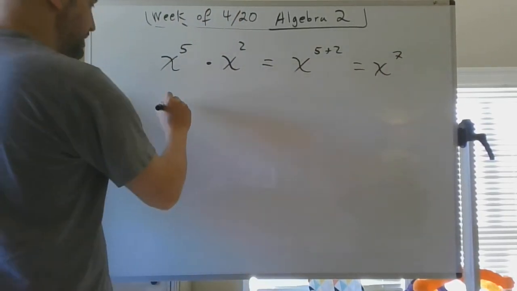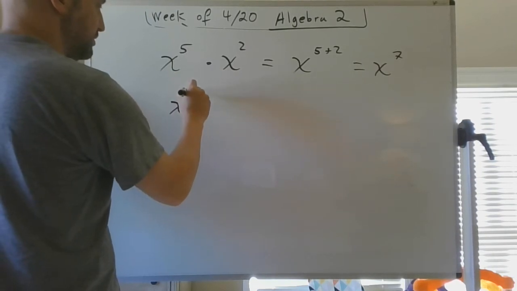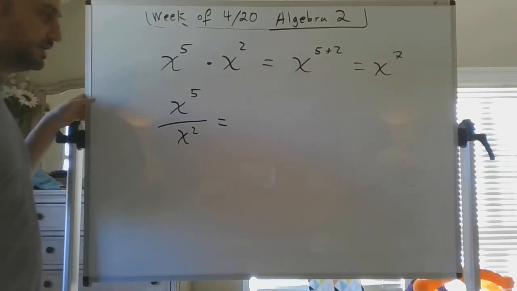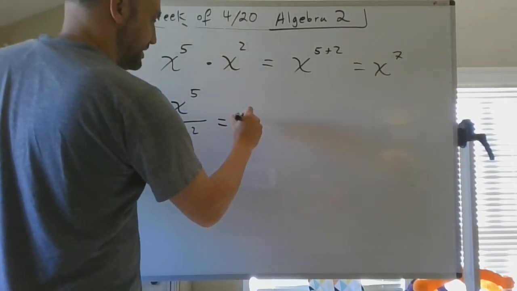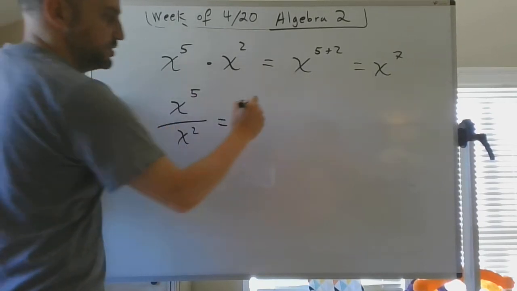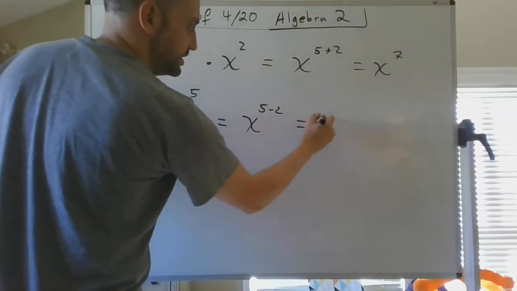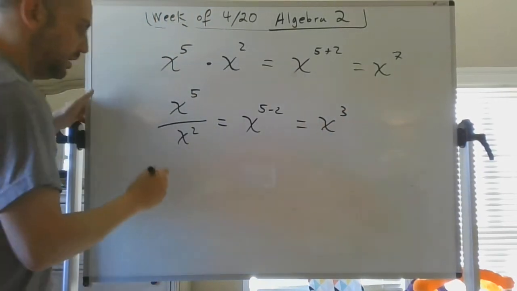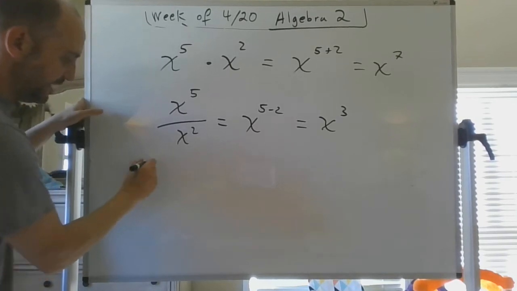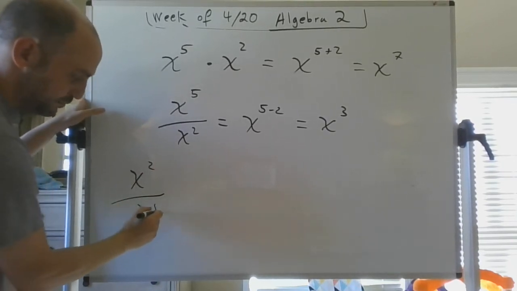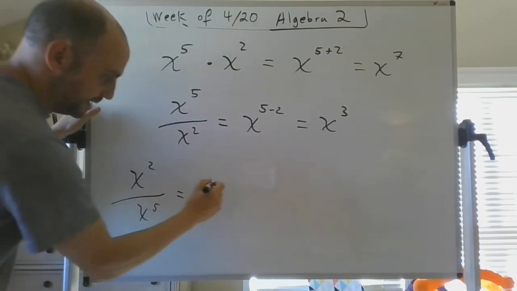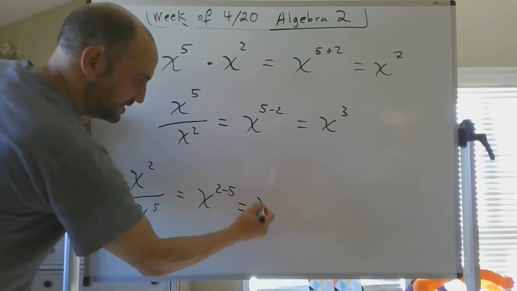All right. Well, what if we have x to the power of 5 over x to the power of 2? Well, that's simple. Basically, what we're doing there, that's going to be top minus bottom, or numerator minus denominator, for the exponent. So it's going to be 5 minus 2, which is x to the power of 3. Let me take this example, but do the reciprocal of it. So what if I had x to the power of 2 over x to the power of 5? Because that would not be the same thing. That would be top minus bottom, 2 minus 5 this time, which would give us x to the power of